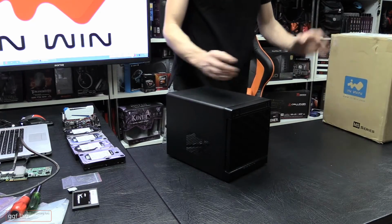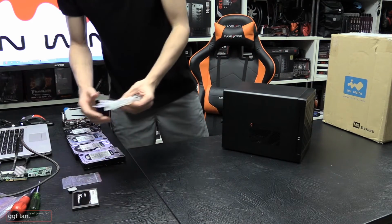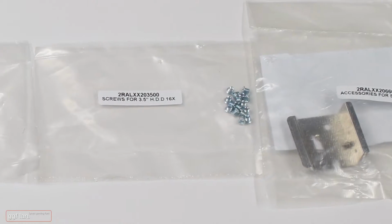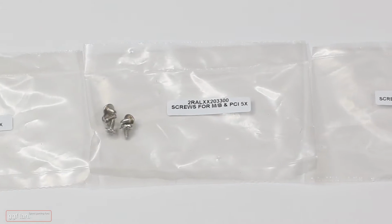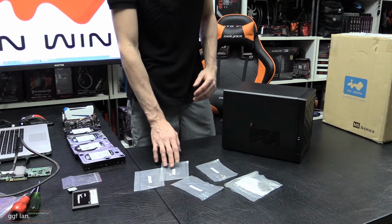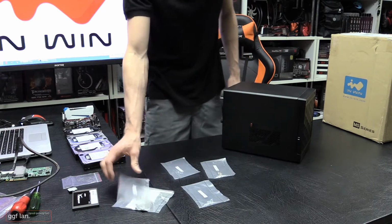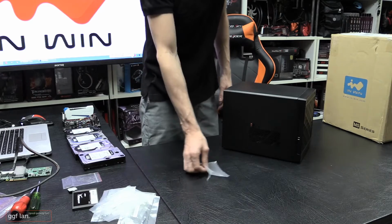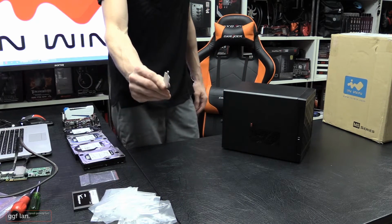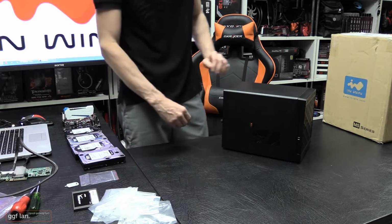Right, so putting the packaging aside, one thing that InWin's really good at in all their range of cases are the actual items you get, as in the screws, and not just throwing them all in a packet, but labeling each one, so you can clearly see they label what each one's for, the actual part number of each one, and you can see you do get plenty of those there. So that's for your hard drives, your SSDs and whatnot. Now you also do get your little key,